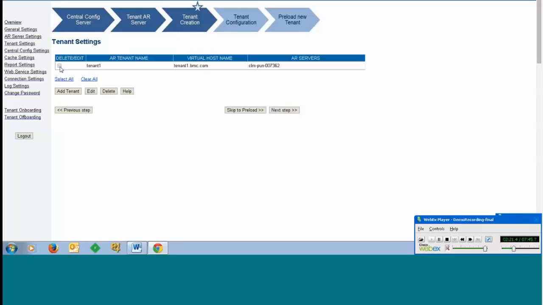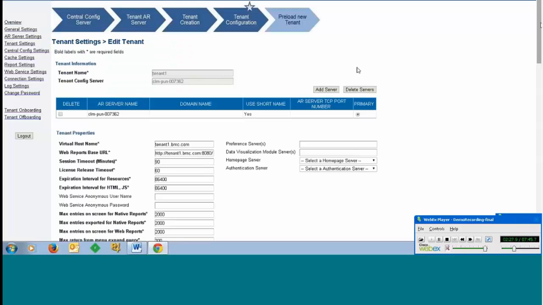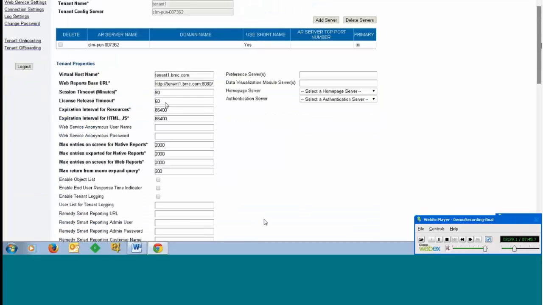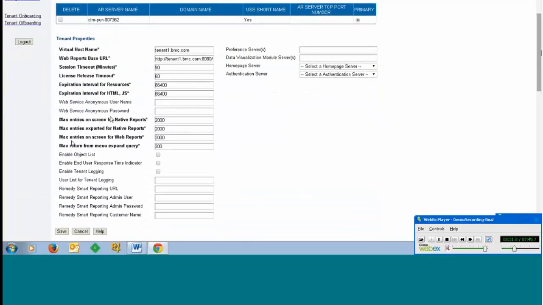So once you save, this information will go to CCS. In this page, we see tenant specific configurations, like these are the entries which we added for web reporting: how many entries you want on a max entry screen, and what are the max entries exported from native reports and web reports. So these are all tenant specific settings, and these settings go in a tenant AR server,